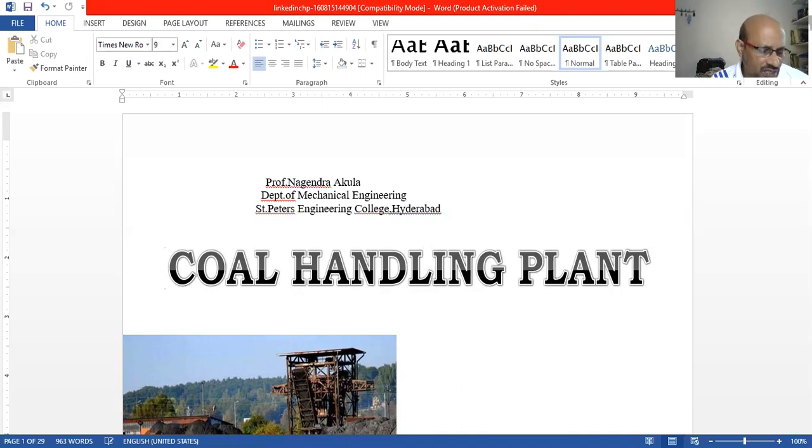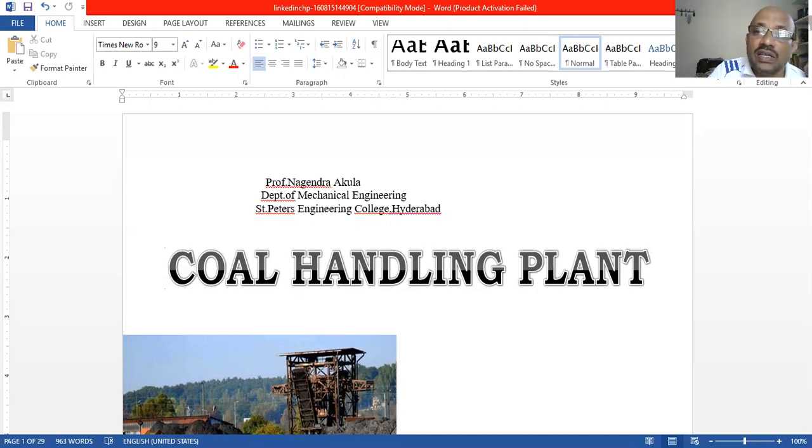Coal shakers or coal accelerators, rotary car dumpers or wagon tipplers, and grab buckets. All these are equipment for coal handling. Grab buckets, wagon tipplers, dumpers, dozers, tippers, trucks all come under this category. And coal accelerators means the movement of the coal from one point to another point, which is also required.